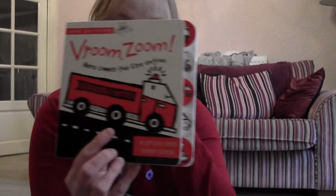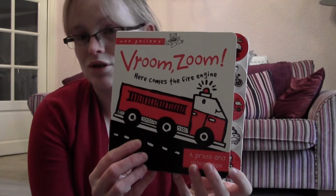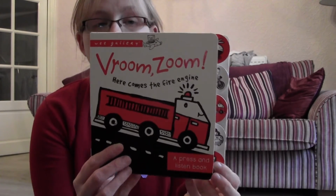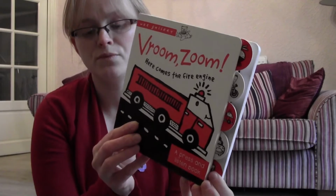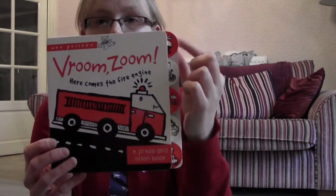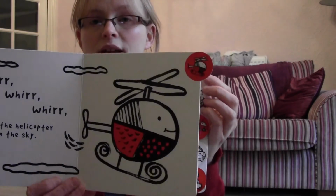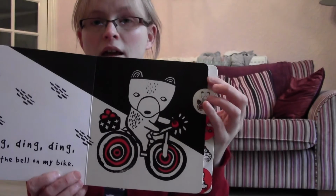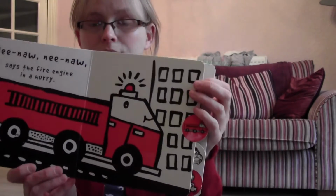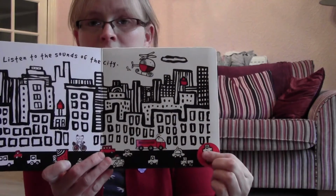A couple of other new books in the Wee Gallery range are these press and listen books. Anything noisy young children just love, and this is no exception. This one is Vroom Zoom. It's all about various vehicles. There are these lovely big chunky tabs which the children can manipulate, and as you go through the book you're greeted with a helicopter, a bicycle, fire truck, and then a city scene. And if you just press,